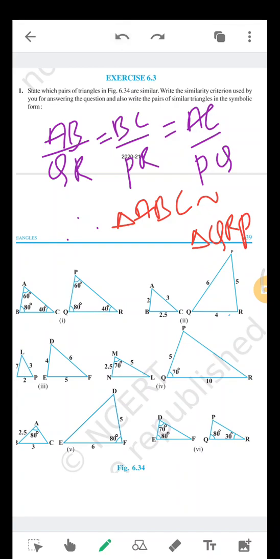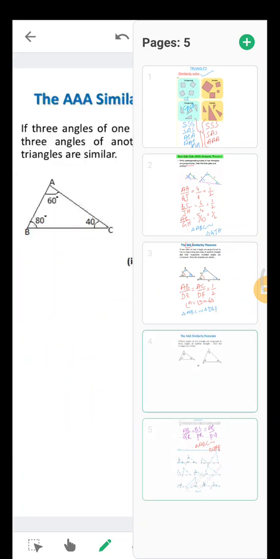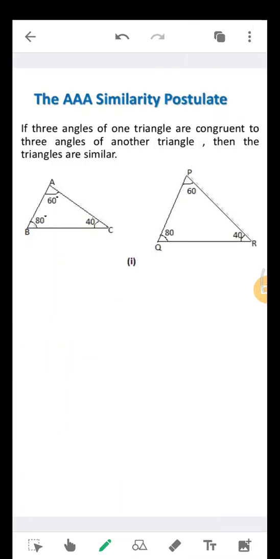similar. In the fourth question, are the triangles similar by SAS or not? Yes, they are similar. Let's check out. No, they are not similar. You can check in the fourth bit, apply SAS similarity, whether it is applicable or not. You can check out, or I'll discuss this later. Okay, no problem. Let us first discuss all the similarity rules.